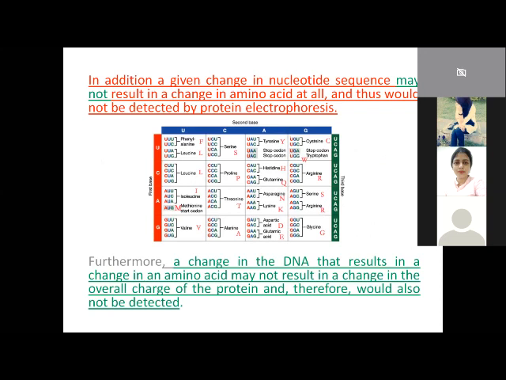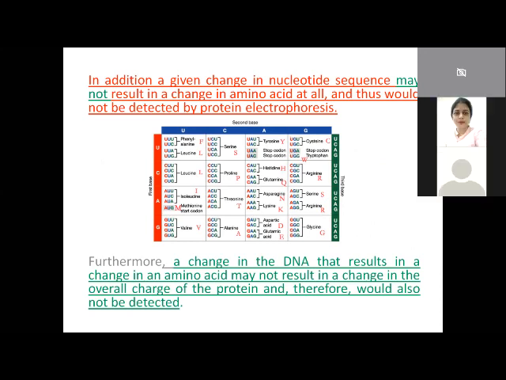Okay, there are some other disadvantages also. In this technique we are able to see variation at the protein level. If there is a variation in the amino acid sequence of a polypeptide chain, then only we will be able to see the difference. Then only we are able to see the difference in the different forms, when it appears in the form of amino acid difference in the polypeptide.